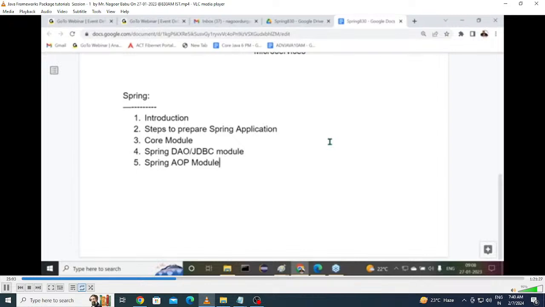That environment is provided by AOP, aspect oriented programming, in the form of advices: before advice, after advice, and around advice, to do some activity before the business method execution and other activity after it. This is one simple example I'm telling you now.